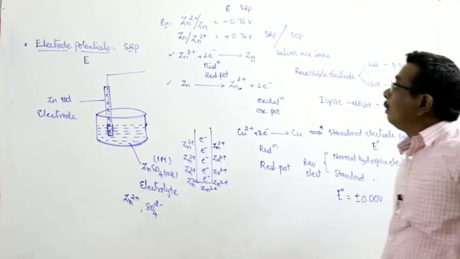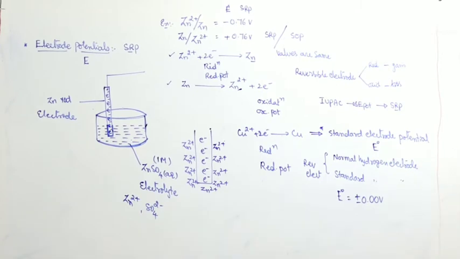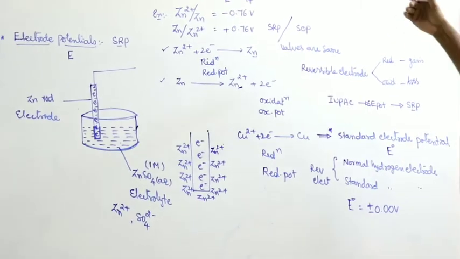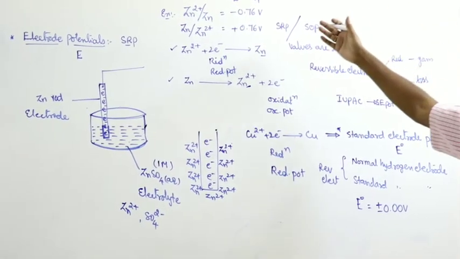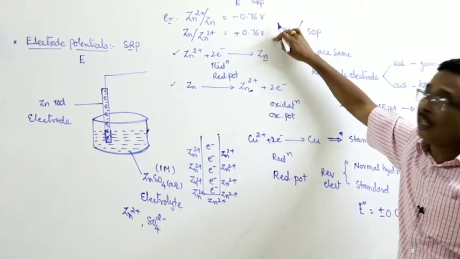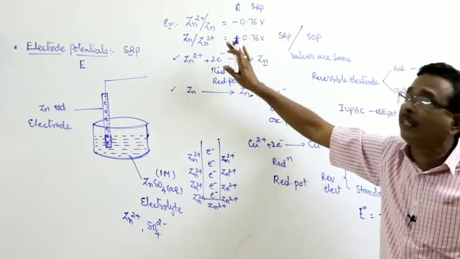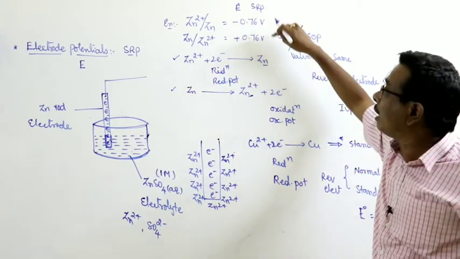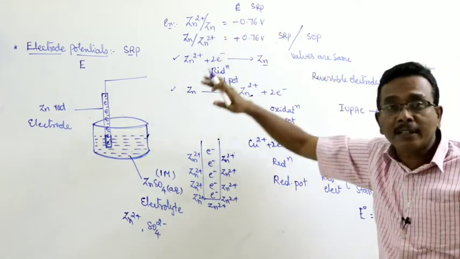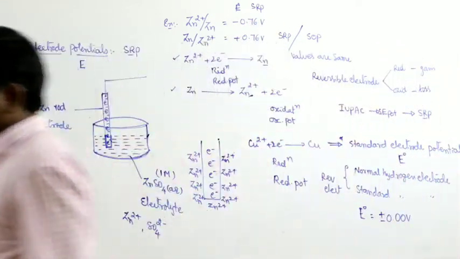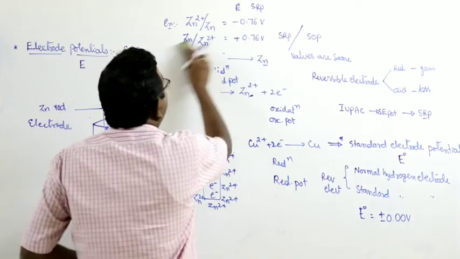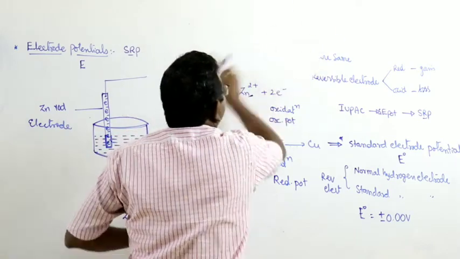And now this is about the electrode potential, standard electrode potential, and also the expression or representation of electrode potentials. That may be reduction potential or oxidation potential. For a given metal or given element, both the reduction potential and oxidation potential have the same magnitude, but the signs are different. Right. And here, to calculate the electrode potentials,